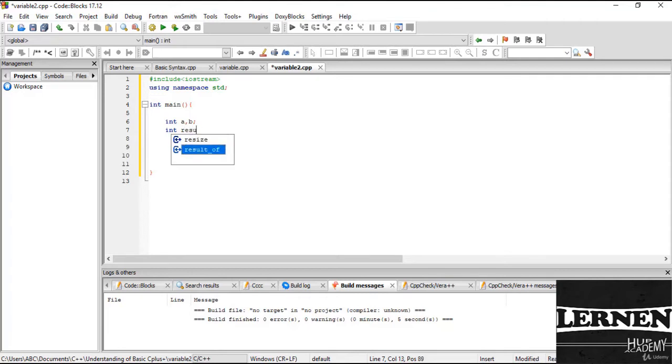result. So int result is my third variable here. So these all are my variables here. Now we do processing on these variables. So a, which is equal to 5, b, which is equal to 6, and a, which is equal to a minus b. So I define some operations on that, and here